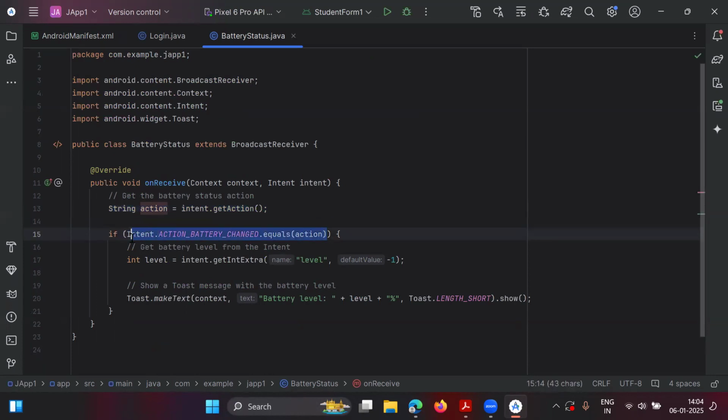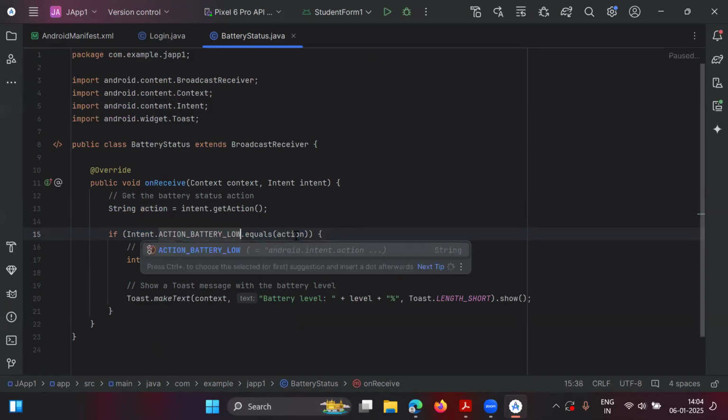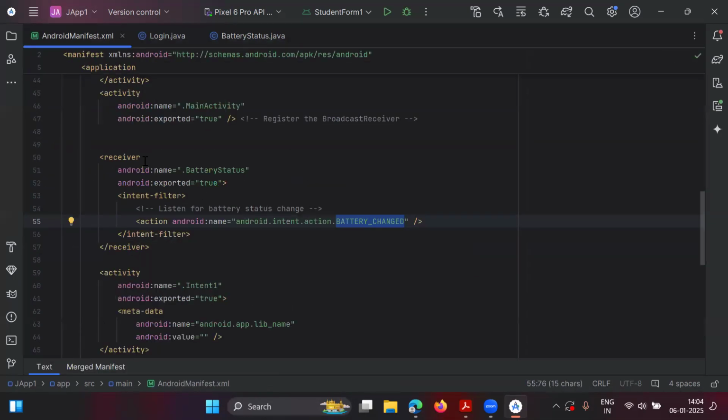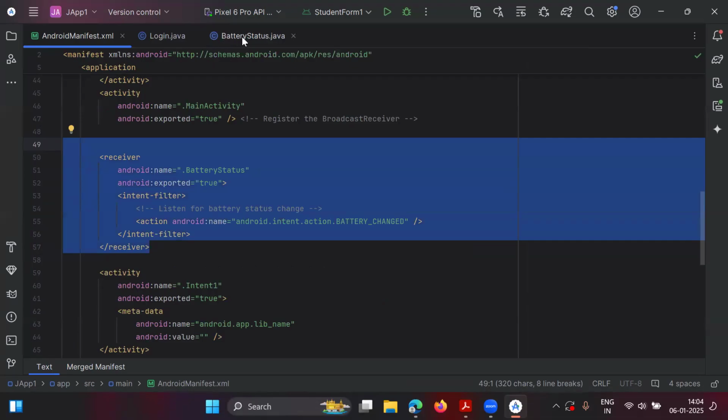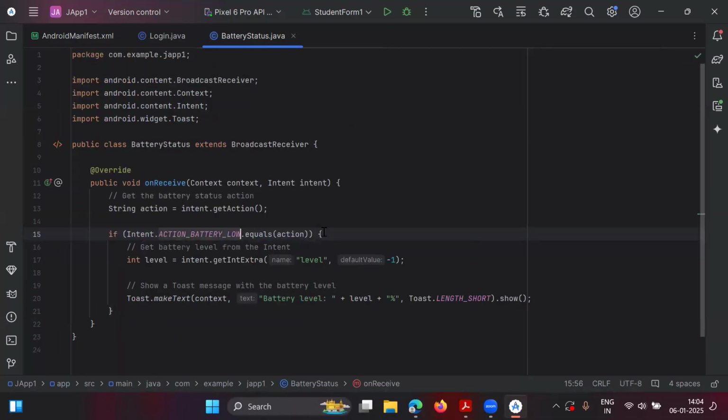So again I am verifying that the action is battery changed only. अगर यहाँ पे कोई और एक्शन होता, अगर आपने गलती से यहाँ पे बैटरी चेंज के बदले बैटरी लो लिख लिया होता, then this broadcast receiver will not work. So in order to validate that the code that you have mentioned in the manifest file and the code that you are mentioning in this Java file is correct or not, we are extracting the intent.getAction. तो get action ये बताता है कि आपने वहां पे कौन सा action configure किया है for the